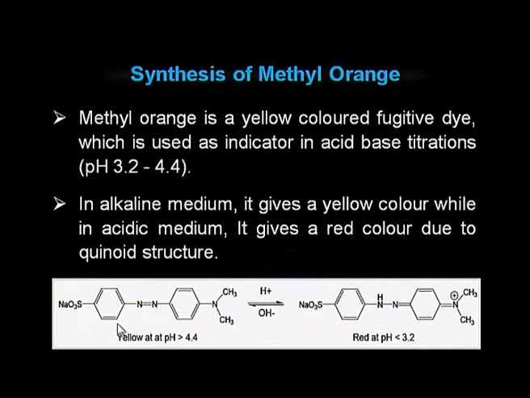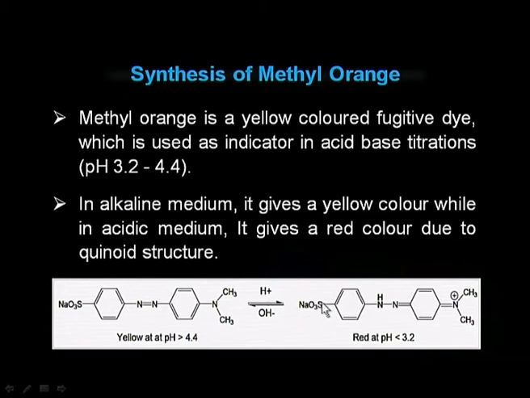structure. Here you can see the structure of methyl orange in acidic medium, and in this structure delocalization is possible, but the quinoid structure is missing. But the moment we add alkali to this, a positive charge is developed in the molecule, and this part of the molecule has a quinoid structure also. And as we have discussed earlier, because of this quinoid structure there is enhancement in the color, and that is why methyl orange in alkaline medium is yellow and in acidic medium it is red.